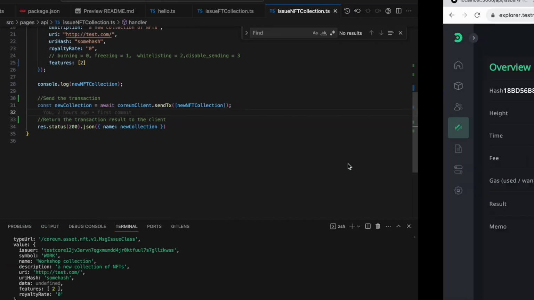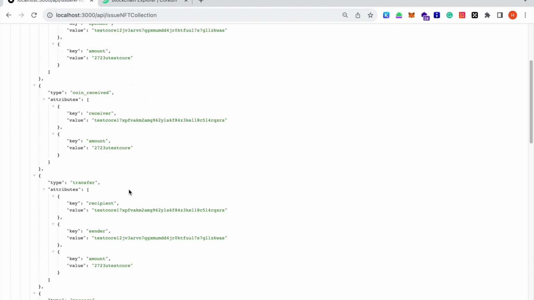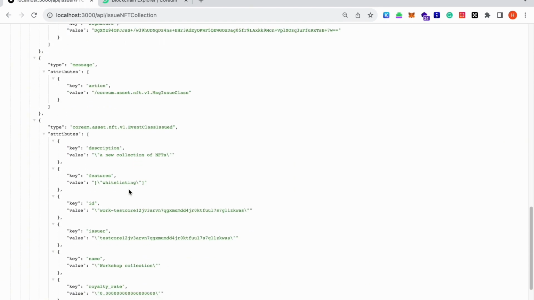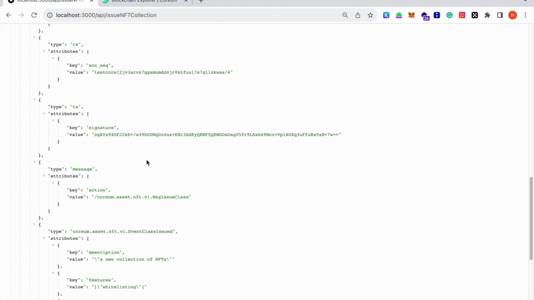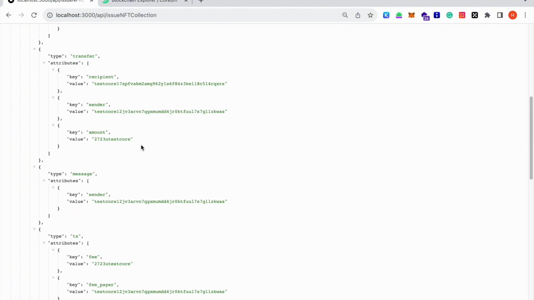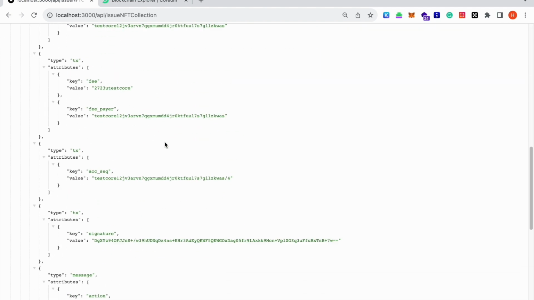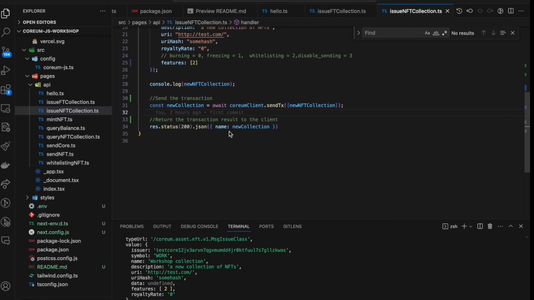All right. And the last thing, let's take some time to look at the class ID, which is the unique identifier for this specific NFT collection, and it should be somewhere here. Yeah, so it's right here, ID. So I'm gonna copy this ID, and we're gonna go back to